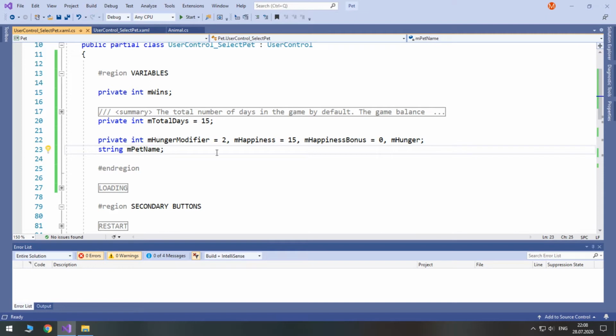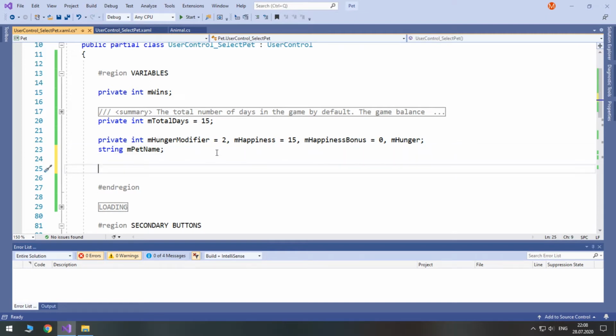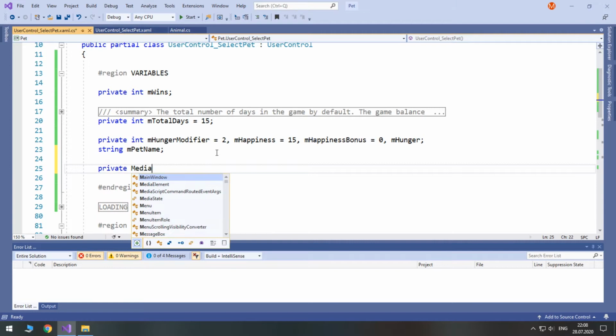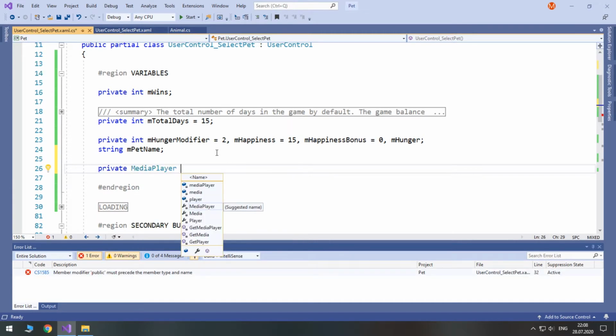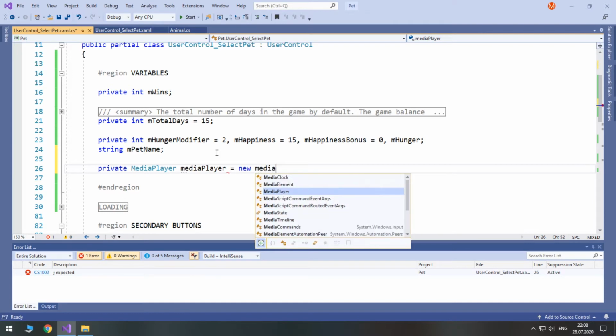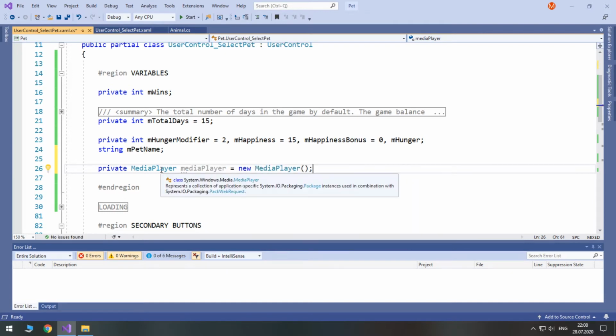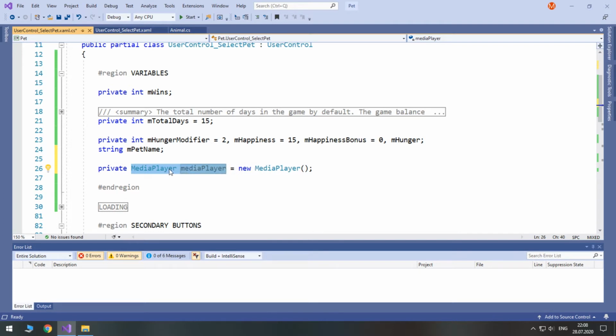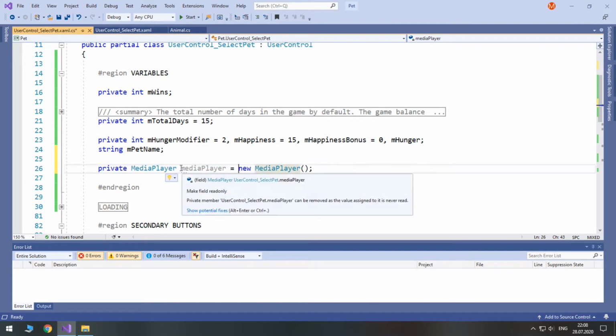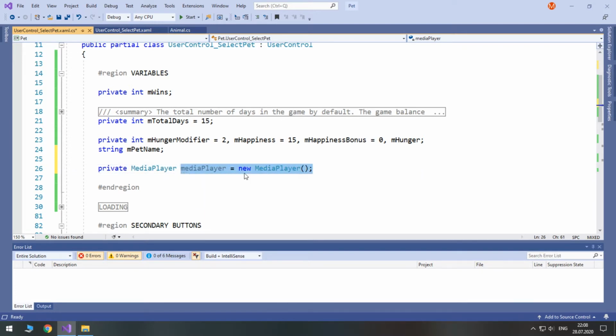And we will also add a new variable for a media player, so private media player, let's call it media player, equals new media player. So media player is a class. We created an instance of this class and we initialized it at once. So variable declaration is here and variable initialization is here.